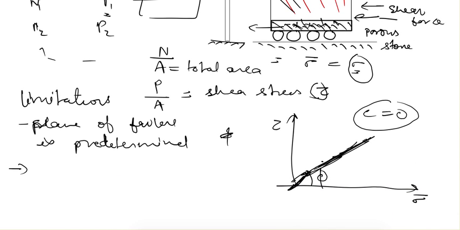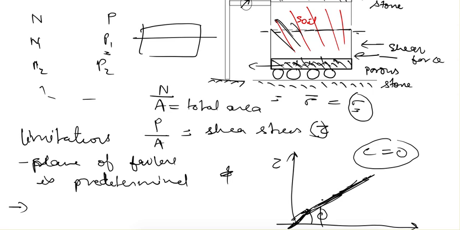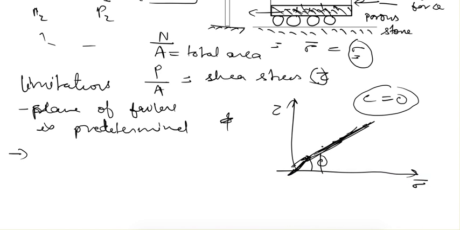And next is non-uniform stress distribution. That means when we shear this block here, on the edge this stress will be more, and on the middle part stress will be less. So because of that, non-uniform stress distribution is there,